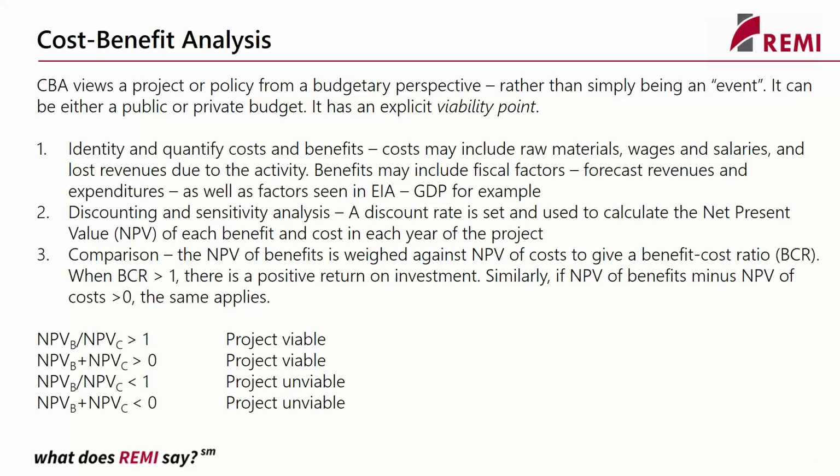But besides the benefit cost ratio, there is also the ability to just subtract the costs from benefits, in which case the viability point will be 0. If benefits are greater than the costs, then you'll see a value greater than 0. If they're not, you'll see a value less than 0, and that's probably not a viable project, at least within the parameters that were set.